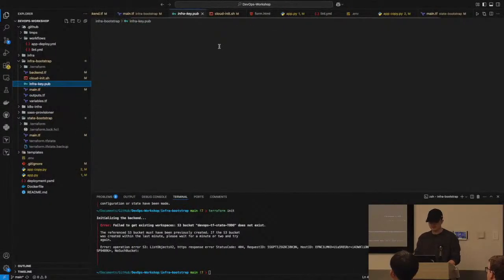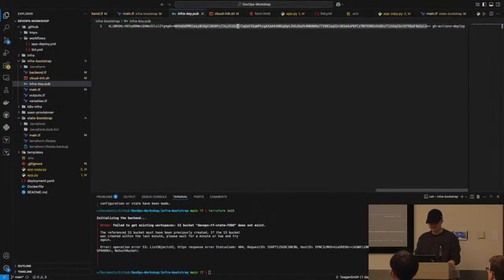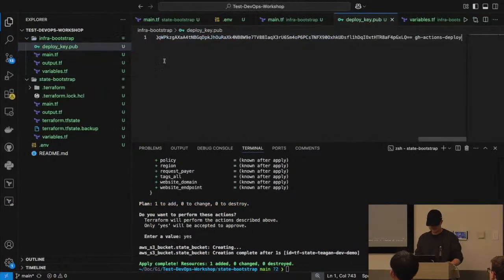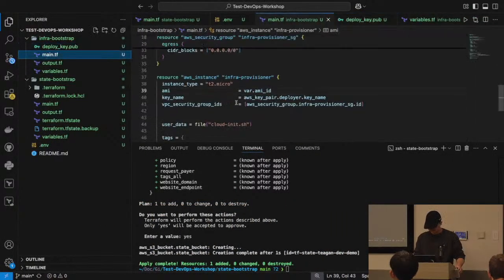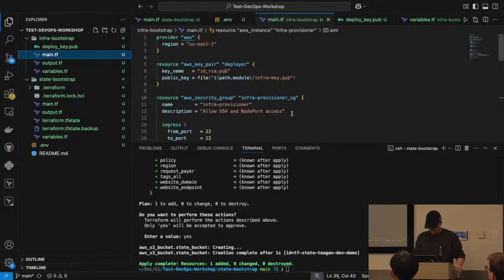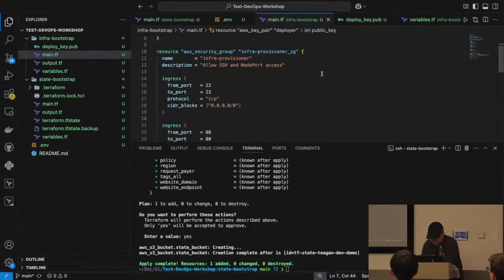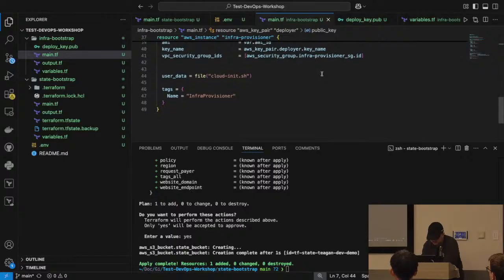This is just your public key for whatever SSH key you created, that way you can access your instance. Path module, and for key we're going to be using deploy key.pub. Okay, so we should be good here.